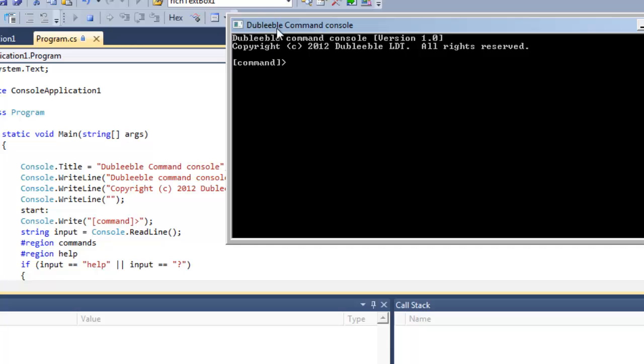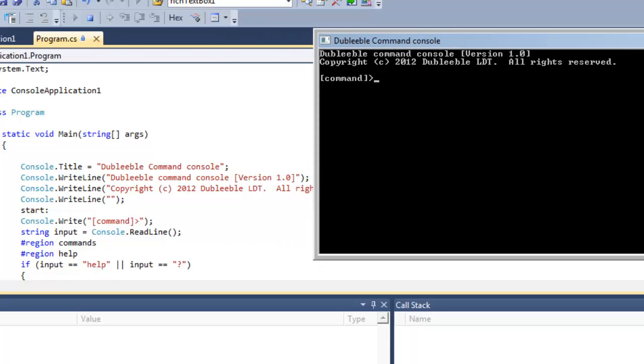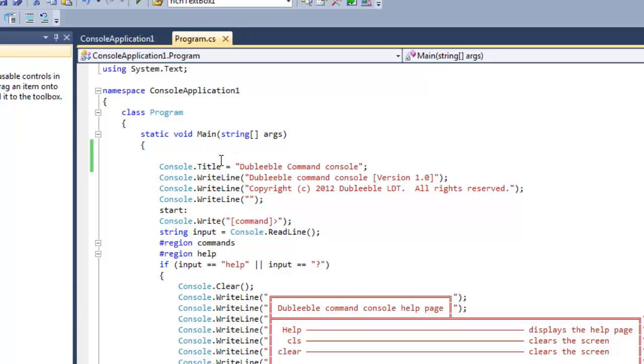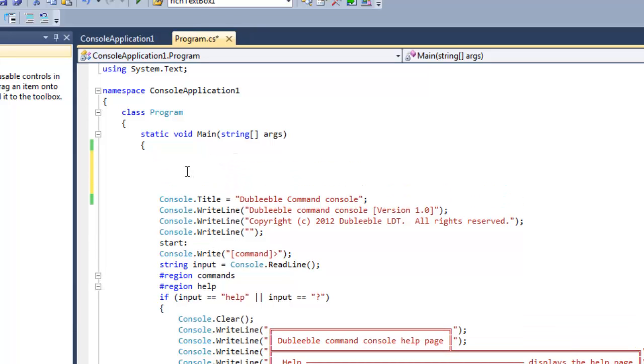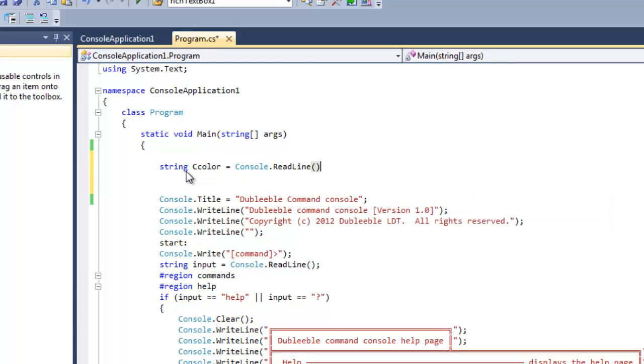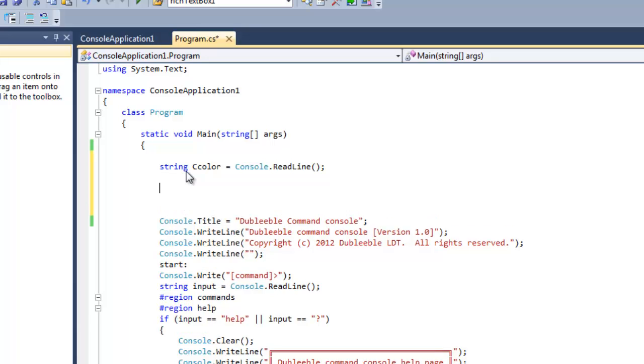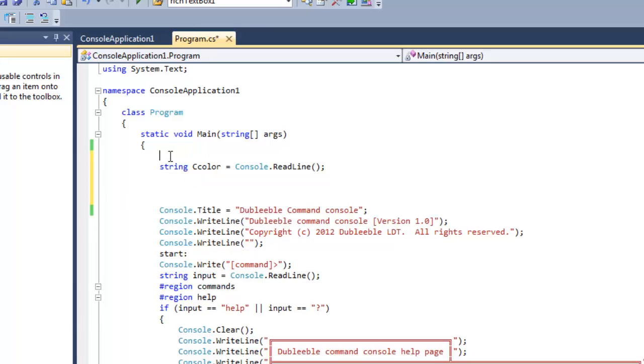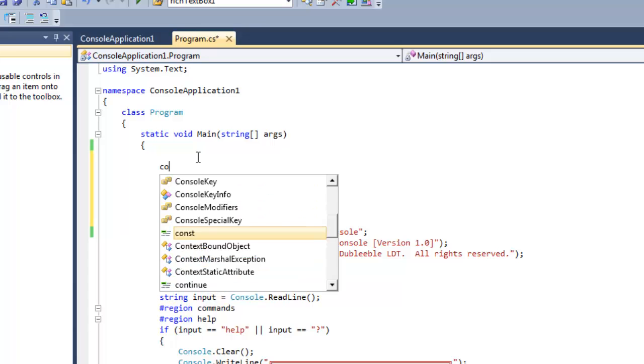Okay. Now, another thing is you see the color. We're going to make it so the user can choose what they want it to look like. So up the top, let's set a string, and we'll call this C color, for choose color, equals Console.ReadLine, and first let's create a little menu,